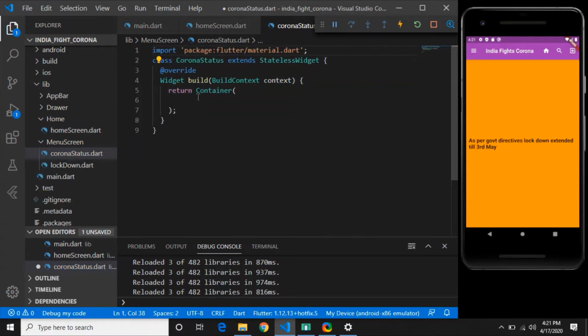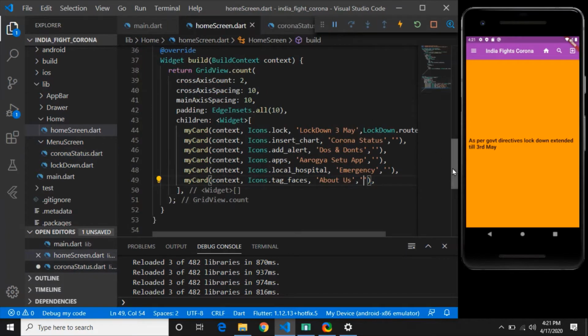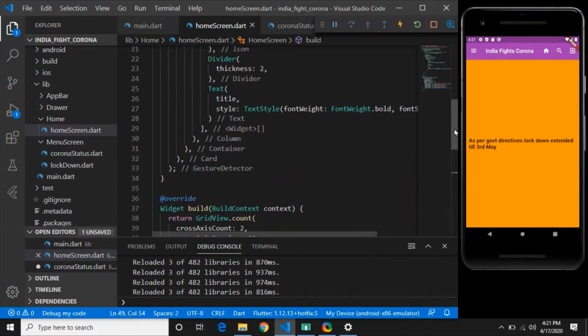Now, as usual, don't we need a scaffold here? So I will write Scaffold, and in the scaffold I will just copy the app bar and drawer from there. This is usually the same process.